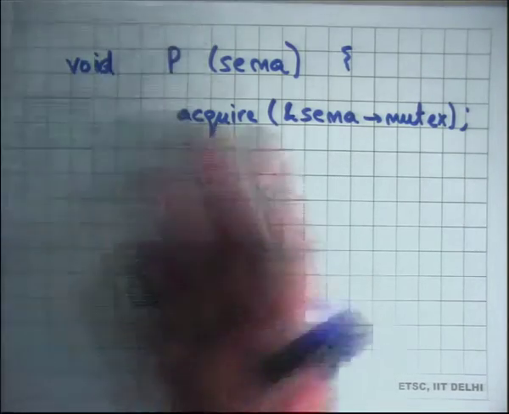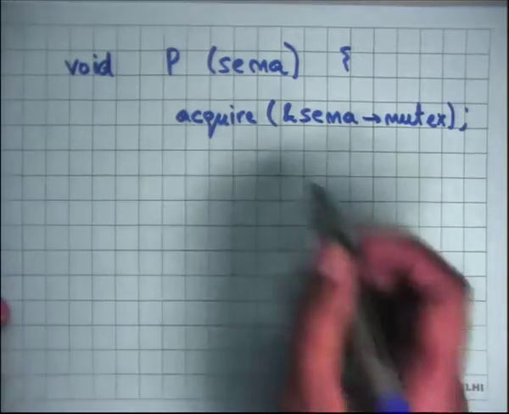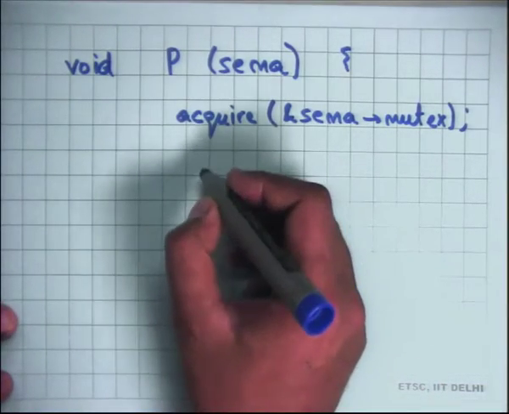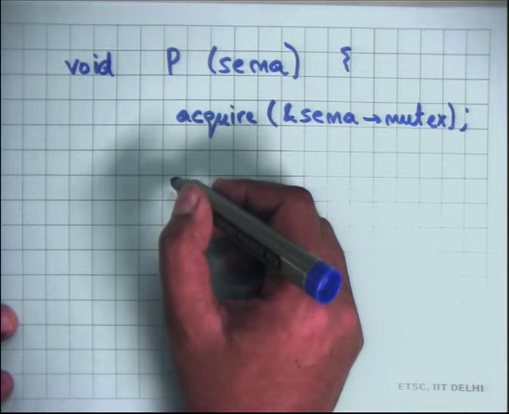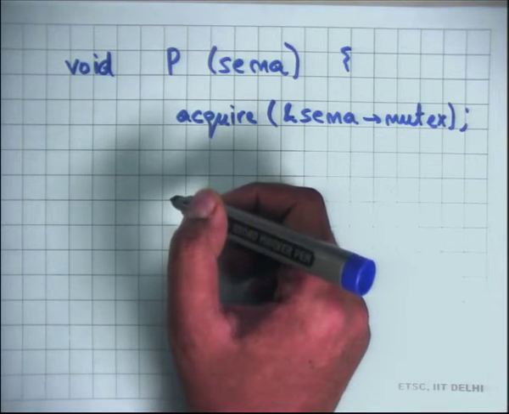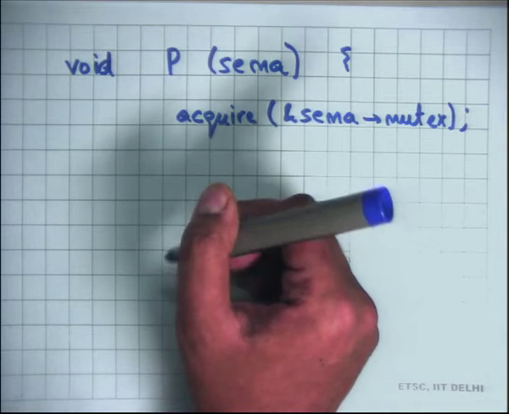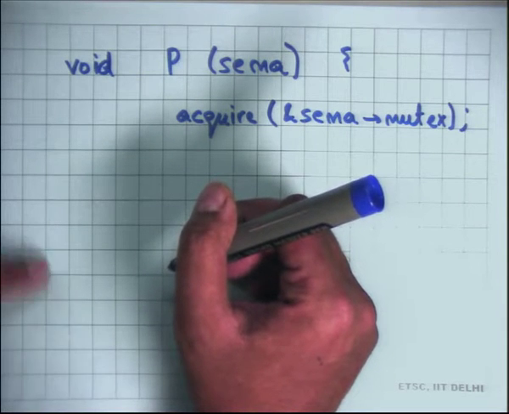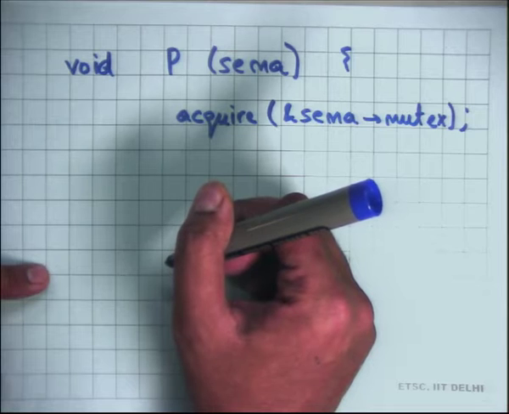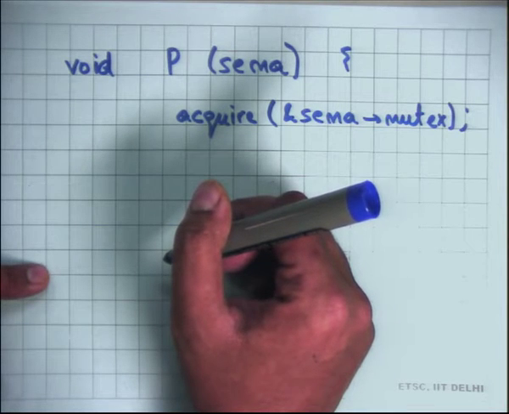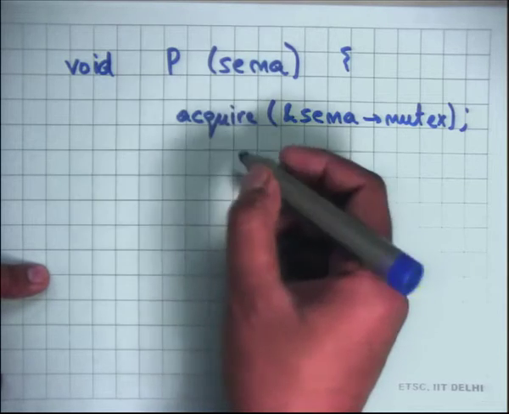All these operations should do acquire on sema.mutex. Then I need to decrement the count, but I also want to check that the count is greater than 0. So what should I do? While count is equal to 0,